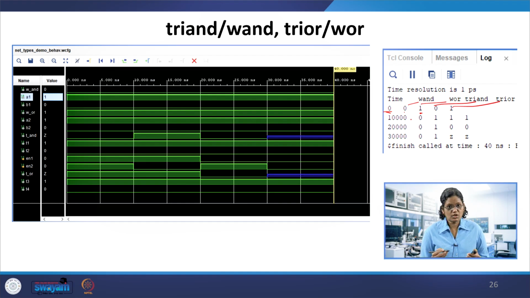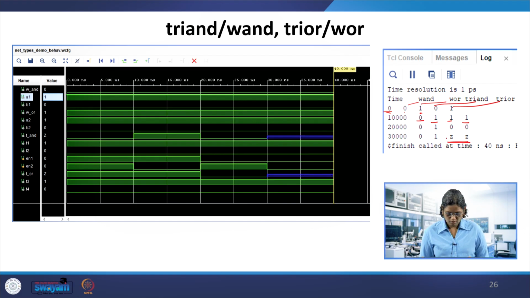The AND function and OR function are executed anyway in both cases, so it is going to be wire AND and wire R, this is 0 and 1, tri-AND is 1 and tri-OR is 1. In this case we have changed it. Here with 0 1 and 0 0, where both drivers are not there, it is going to result in Z as well.